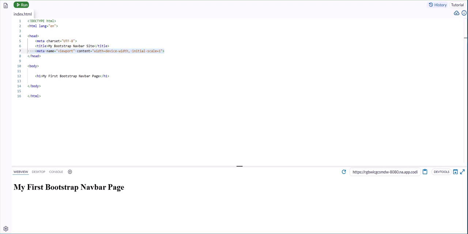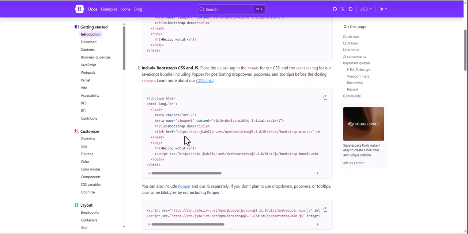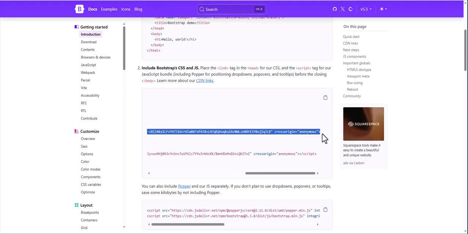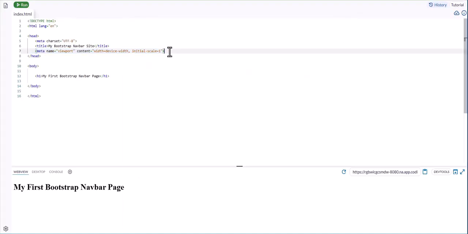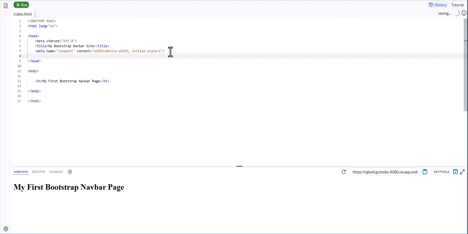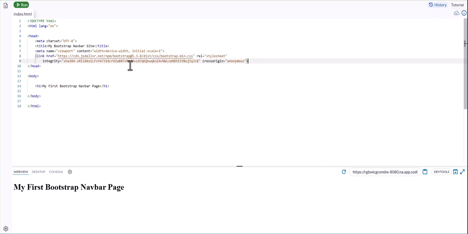Okay, so let's now build in our Bootstrap CSS. So we need that link we were talking about. So we're going to copy the code. We can use it from here. We can take this version and copy the whole line over. We'll put it right after the meta. We'll put it in here. And now we have our